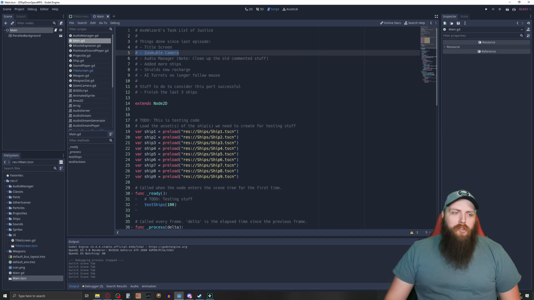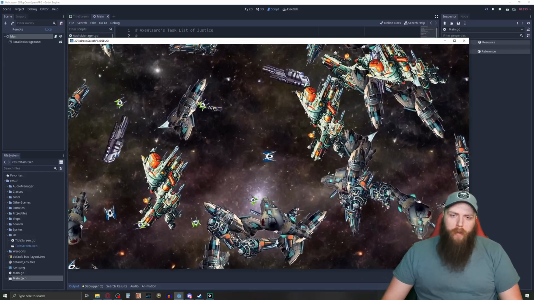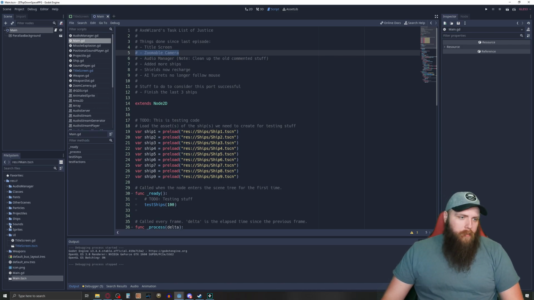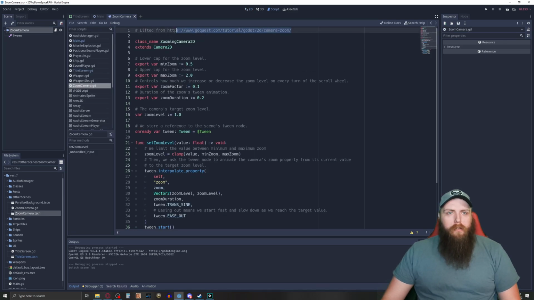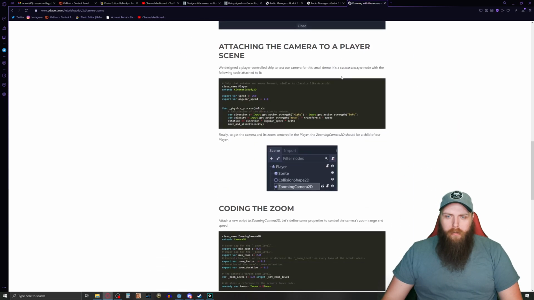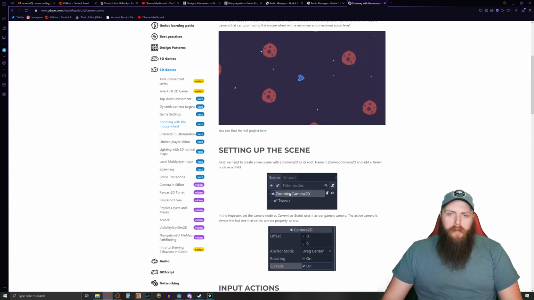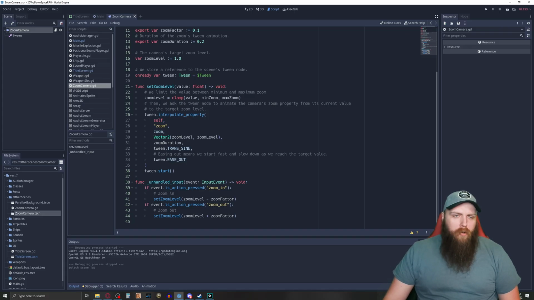Next thing I did was I added a zoomable camera. So you probably saw in the game, I can zoom in and out here, and it looks pretty cool. How I did that was, if we go to my, I think it's under miscellaneous or other scenes, I have a zoom camera scene, and all I did for this is I literally just copied this tutorial from GD Quest, and I just copied their code, and then I copied their scene structure, which literally has a Camera2D and a Tween node, and I basically copied and pasted, and renamed variables to